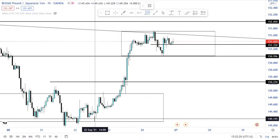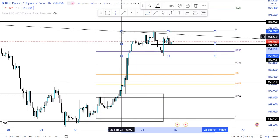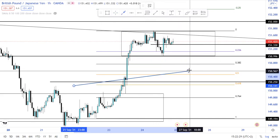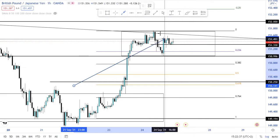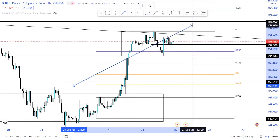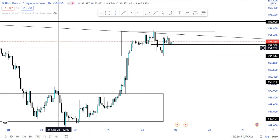So if we run a Fibonacci from this low to this high, we can see that price will most likely come into this golden zone region, which is also on a psychological area, the 150 zone. So if price decided to come to the downside and respect this area, we can expect price to continue to the upside. The next probability that we can look out for is